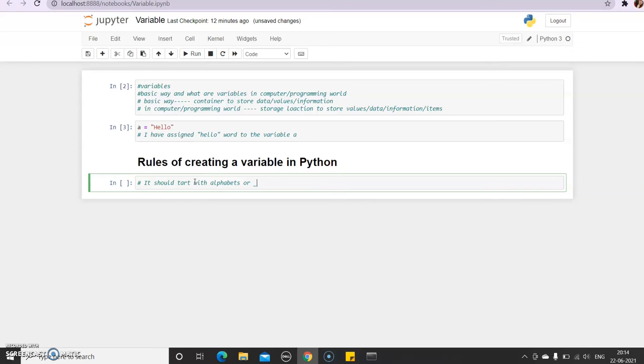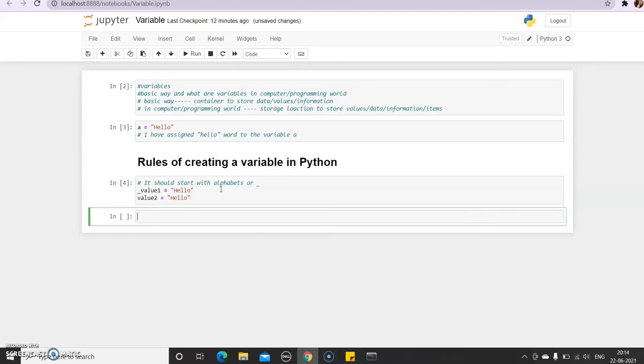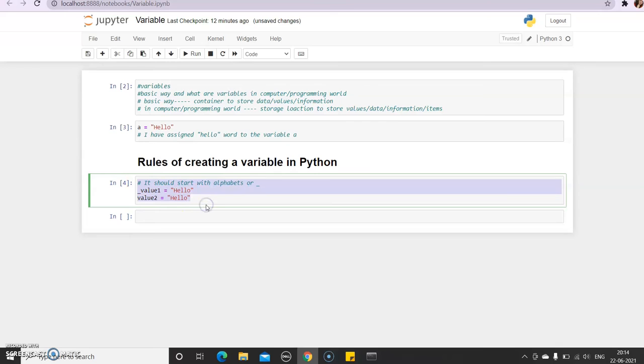Other than this, you cannot use anything to start a variable. So I am writing underscore value1 is equal to hello. This is correct. Now we can also write value2 is equal to hello, and I will execute it. There is no error, so this is right.